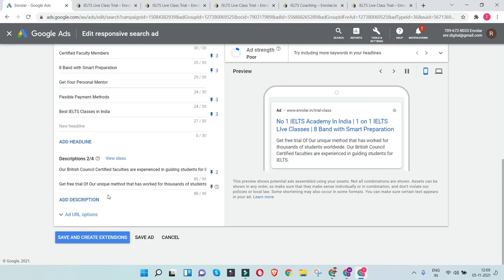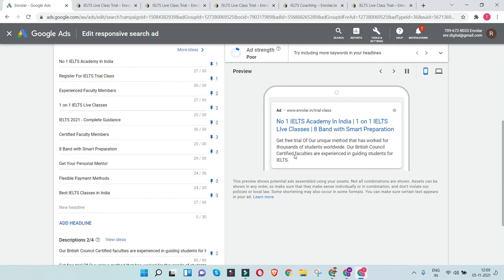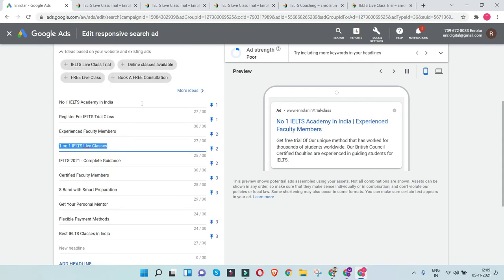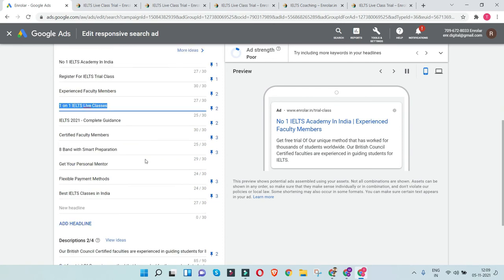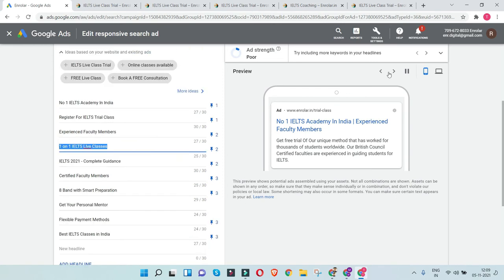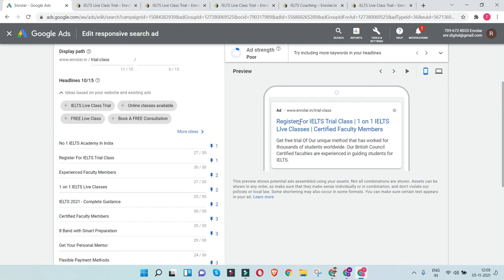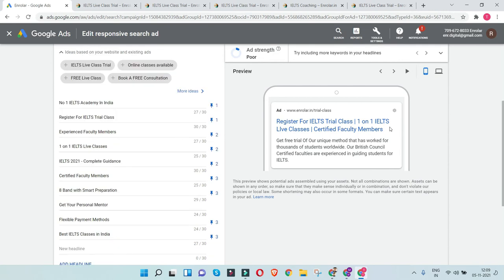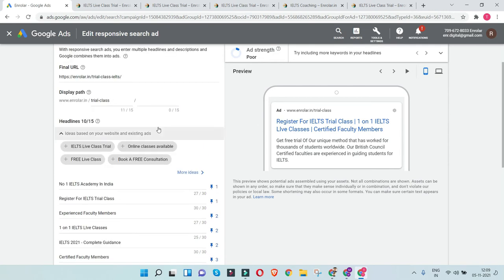And what Google will do is automatically shuffle between the different types of ads and give you a quick result on which line is working better for us. So among all of these headlines, which combination is actually giving you the best return, you can get to know from here. Here you can see that multiple combinations are created by Google based on the user type, based on sampling of the target audience. Now you need to look at which headlines are giving you good returns. In case any of these headlines are not giving a good return, you should definitely remove it.